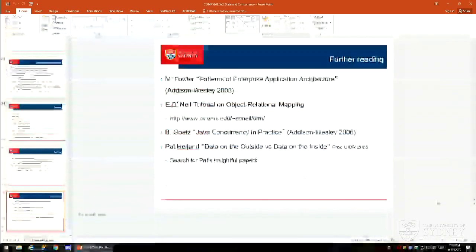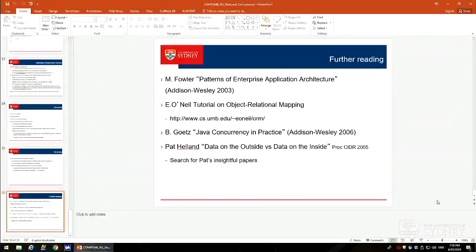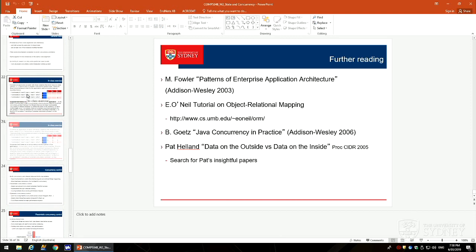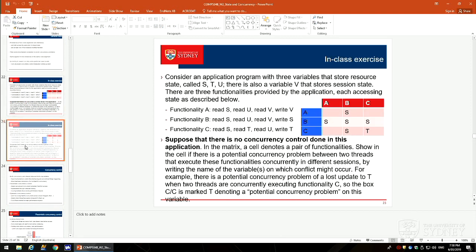Hello. I have a question regarding the in-class exercise. Oh, yeah. I can go back to it if you like. Do you want the one with the answer or not? That's the one with the answer. So just wondering for these two threads A and A. So A and A running together, and the only thing they're updating at all is V, and V is private, so each copy of A has its own V.